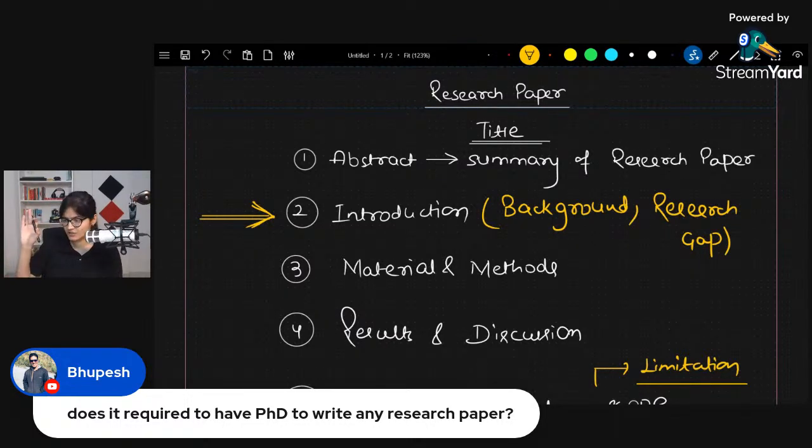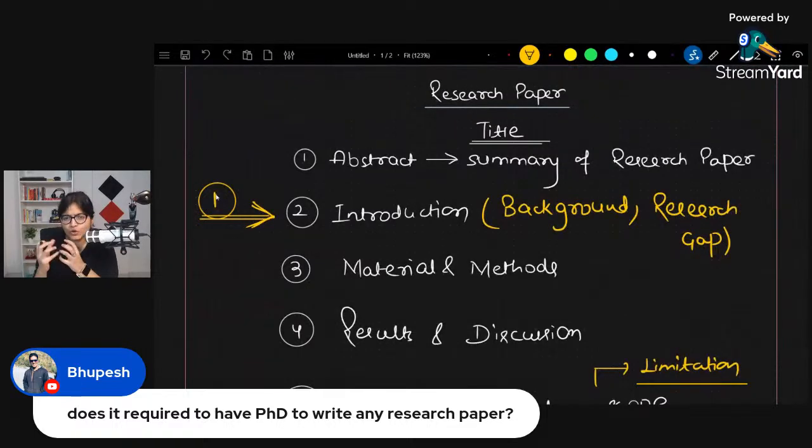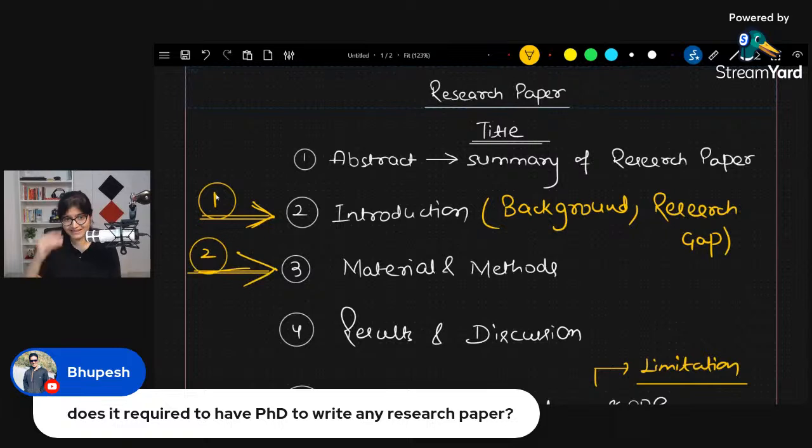So the introduction part is sorted, right? We have talked about the introduction, which is the very first thing you write when you start writing your research paper, where you talk about the background of your project as well as the research gap you have faced, कि आपको क्यों ऐसा लगा कि मतलब आपको ये रिसर्च करनी चाहिए, और क्या गैप आपको मिला जो कि अभी तक अवेलेबल नहीं था और आपने कुछ नया लेके आए. Then the second important thing you have to write in your research paper, the second step, is materials and methods.